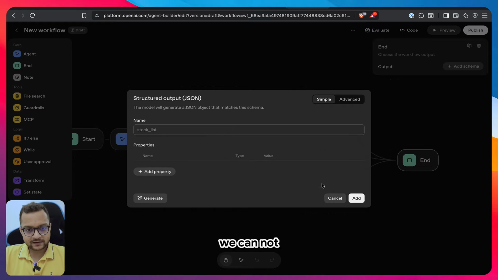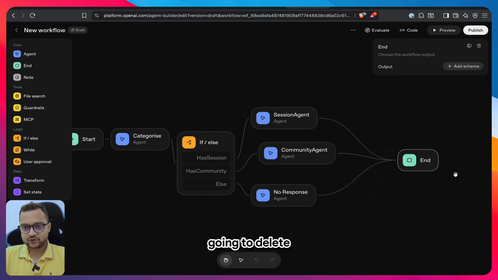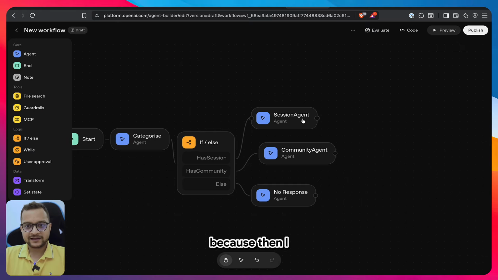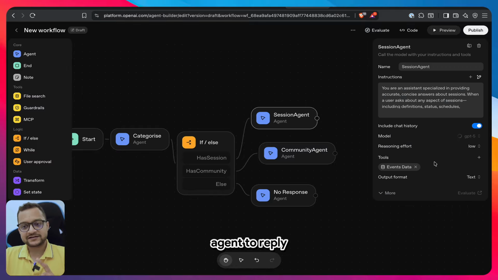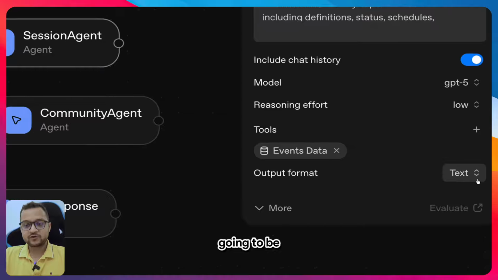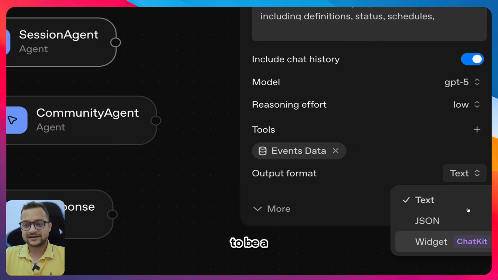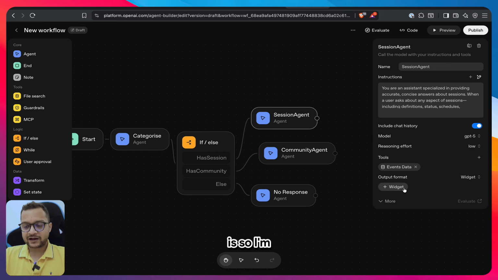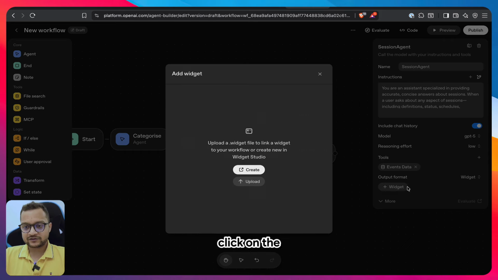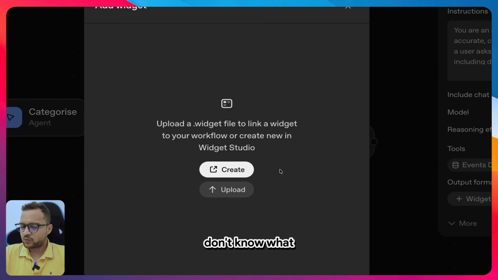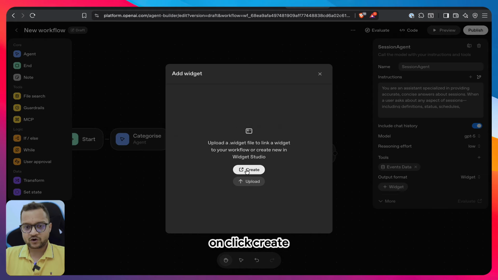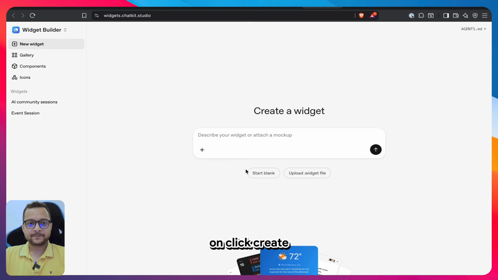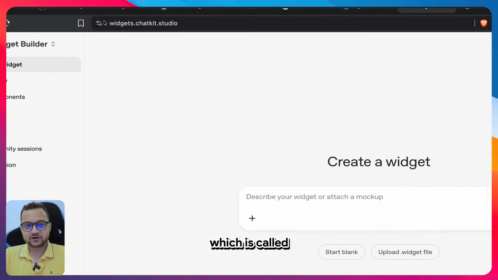We can, not here, so I'm going to delete this end node because I want the session agent to reply. The output format is not going to be text, instead it's going to be a ChatKit widget. Now what is that? I'm going to select this, click on widget, and I don't know what a widget is, so let's click create. It opened another thing which is called